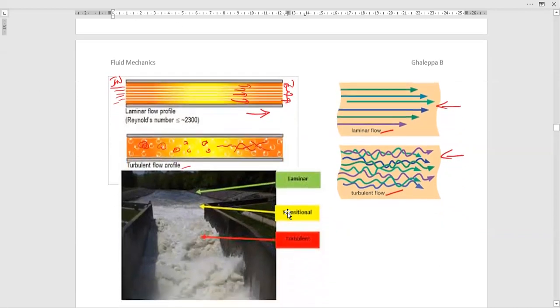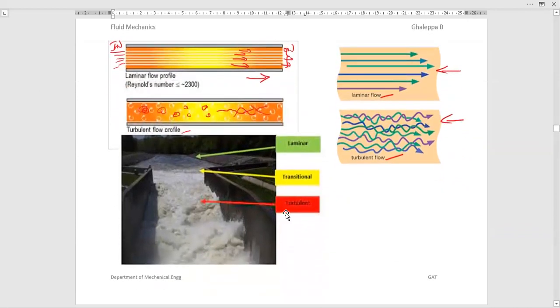What are the real application examples? For example, the flow of water in a river or in a canal. For a certain height, for a certain distance, it is a laminar flow. Due to a change in the diameter of the pipe or a change in the direction of the fluid, maybe the diameter of the pipe is increasing or decreasing suddenly, you can see the turbulent flow. So laminar flow will be converted into turbulent flow because of the change in the direction of the fluid.